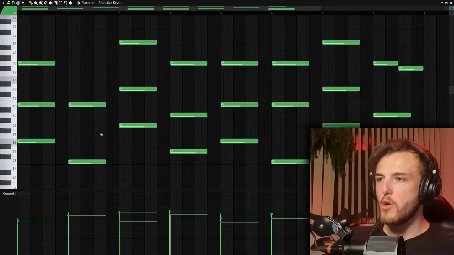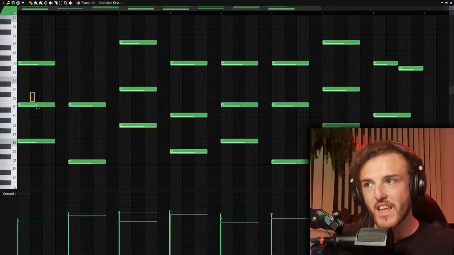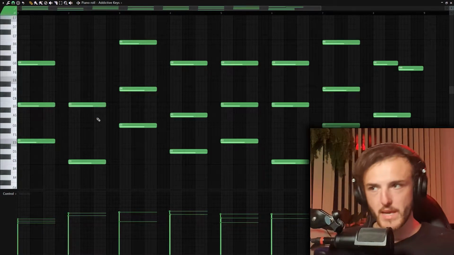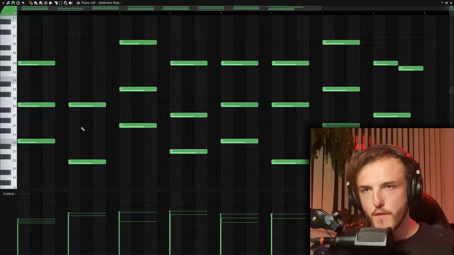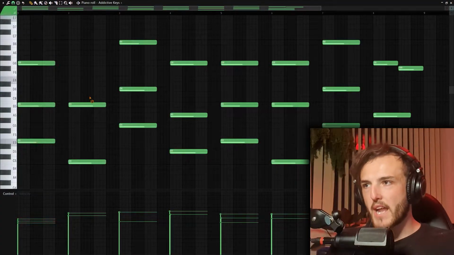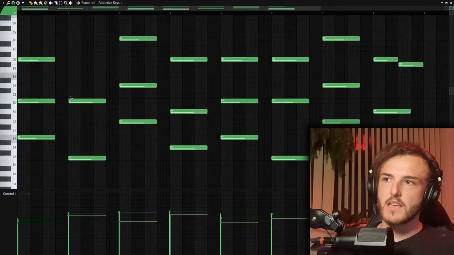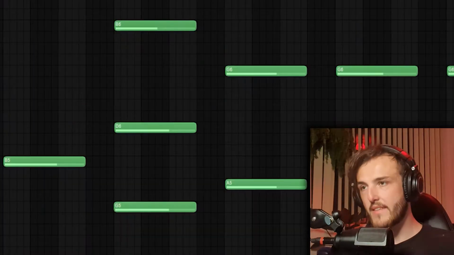However, when we move to the sixth, which is generally a C major chord, we've kept the fifth being the B. We've changed the root obviously to the C note. And we've removed the third to just generate a little bit of variance in the 8-bar loop. We'll get back to that in a minute. So we go E minor, C major with the B as the fifth, and then we move up to a